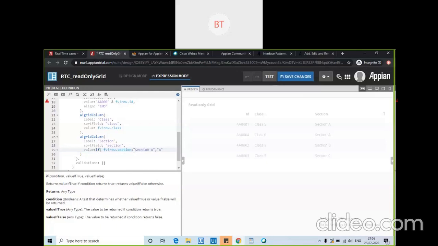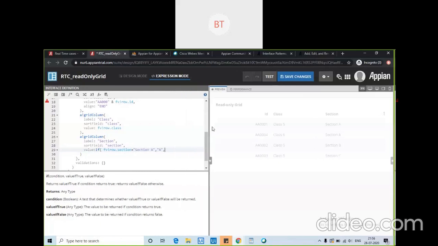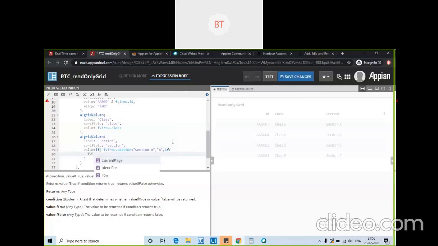Otherwise, there will be another if condition, that if every bang row dot section equals to section B, then print B, otherwise give C. Like that, this code can be more dynamic and more things can be added, but for now I am giving it like this.